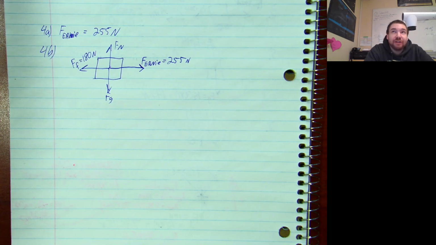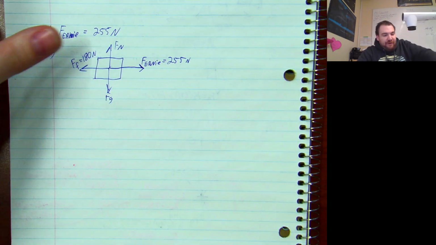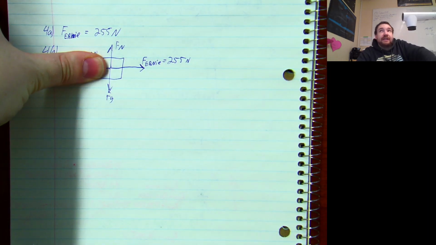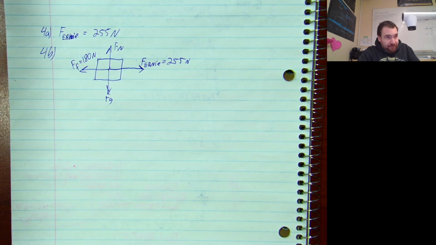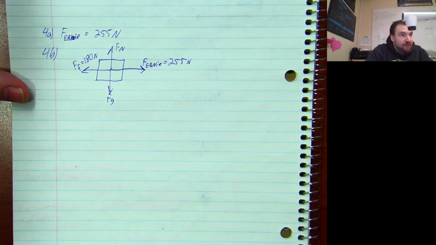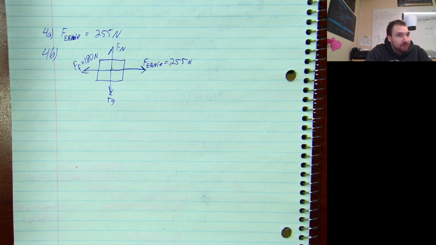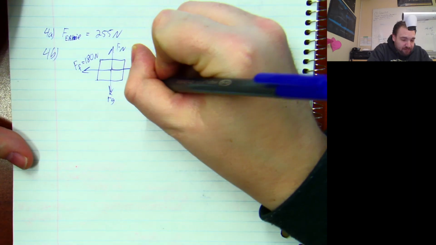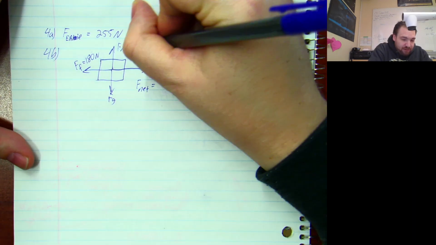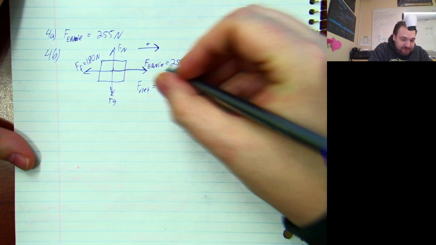Okay. Look at the forces that are in play here. We went from having just this in part A to this now in part B. What direction is my net force on Bert? Still going to be to the right. Why? So we're going to call this direction positive. It's going to be F Ernie